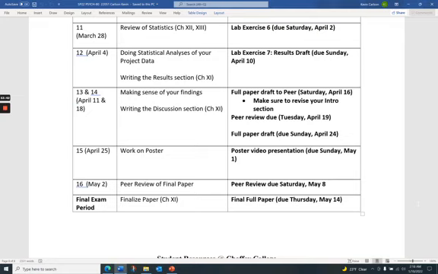And you'll see here that I give you a week to work on your poster. I'll give you a week to do the peer review of your paper, and you'll be finalizing your paper and submitting it during the final exam period. And so that's the schedule, and you can see the schedule. I tried to make it so that we take each of those small steps each week. And I don't think any week will feel like there's a ton of work. But each week you want to keep up and make sure that you do that work so that you don't have a backlog. If you have a backlog of work, that creates some problems.